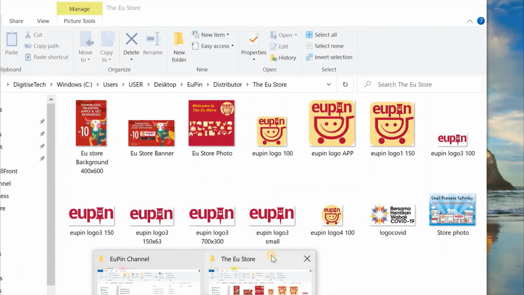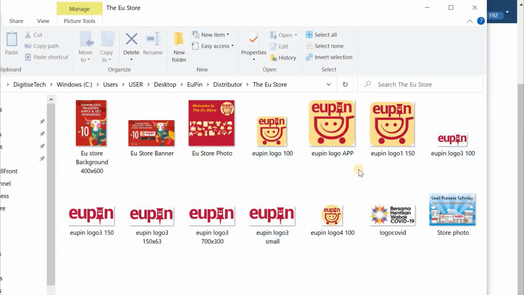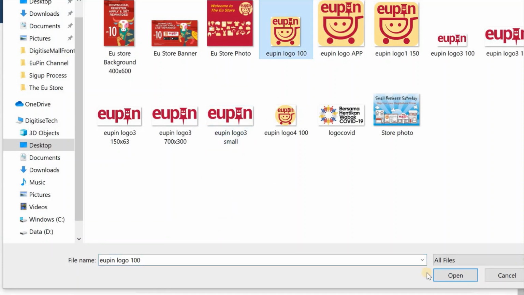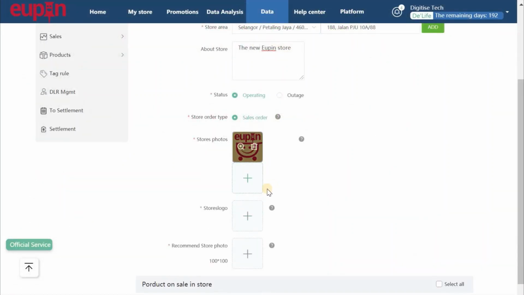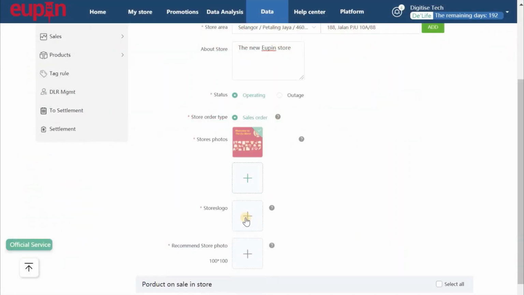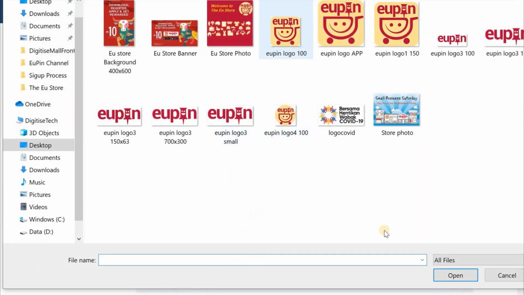So I will have those images in different formats, right? This will be my logo, like 100 times 100. This will be my store photo, and that will be my store banner as the advertisement, and other coupons that you need to use. So let's go back to my store photo and logo, and I select it, and it uploads successfully. Oh, sorry, this is supposed to be my store photo, which is this one, and then this is my store logo,